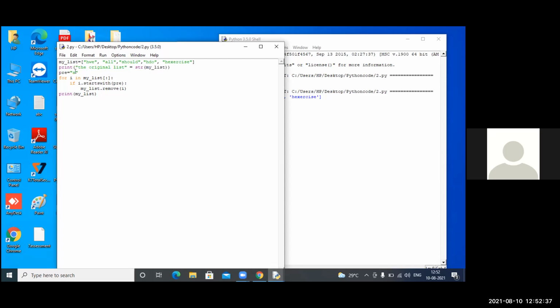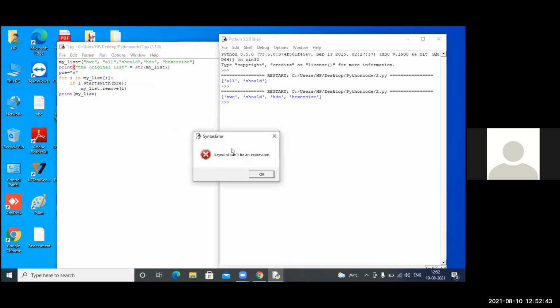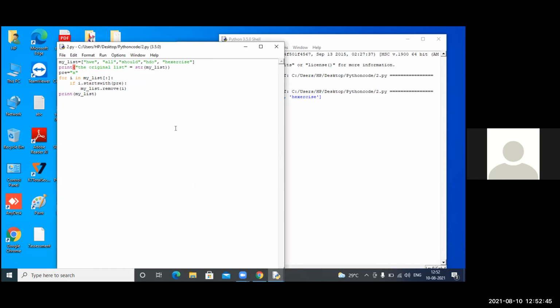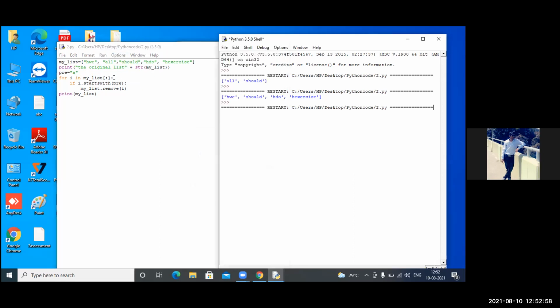Now run the code. Before str, use a plus sign. Yes. Okay, run module.